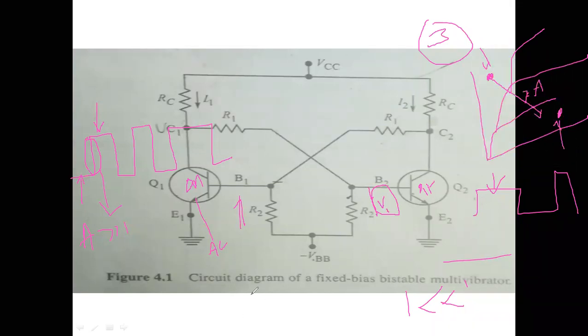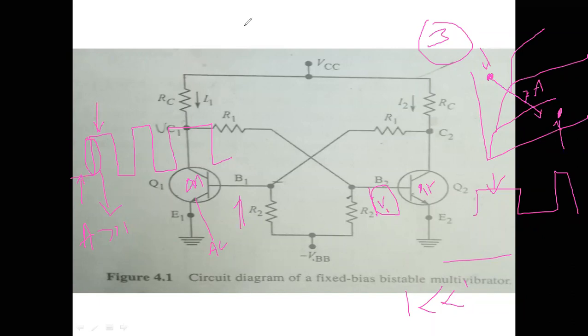So while you are studying the textbook, you should be careful that if the loop gain is greater than 1, your multivibrator is not operating under stable state. It is in the quiescent position. That means it is in the state changing mode. Therefore it is not in a stable state.